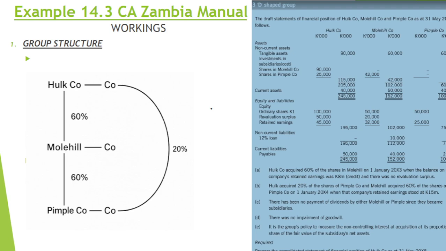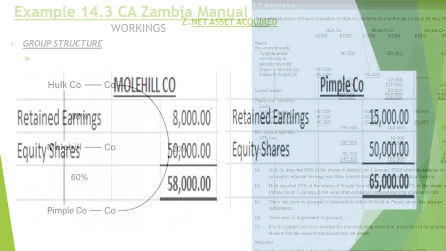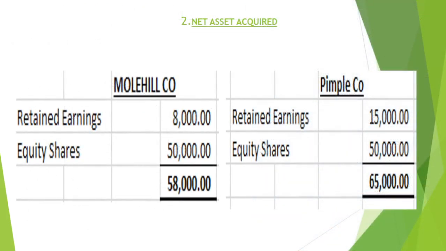So we move on now to check out how much the net assets acquired. When Hope Company acquired these shares in More Company and Pimple Company, you see that the retained earnings in More Company were standing at 80,000, and the equity shares were standing at 50,000 kwacha. So the total assets acquired here, it was 58,000,